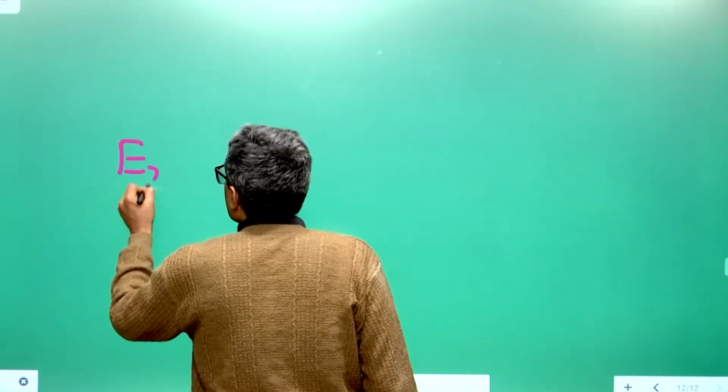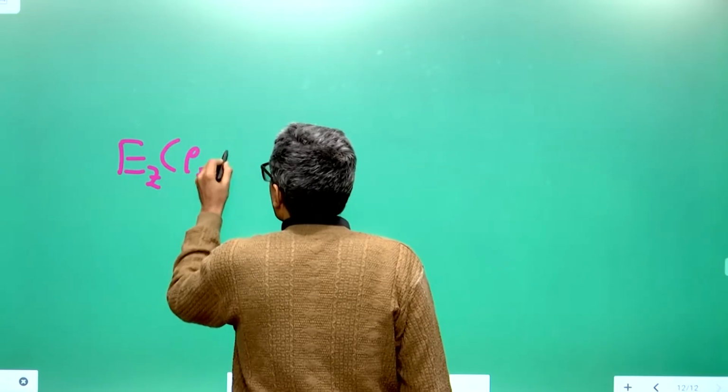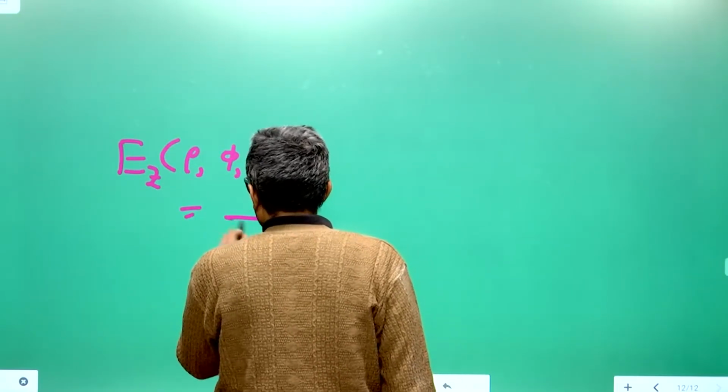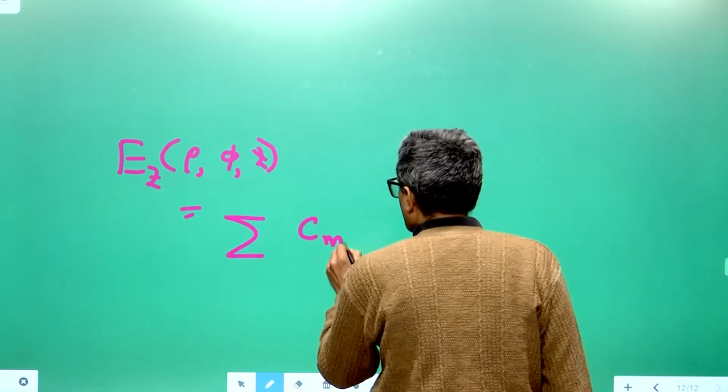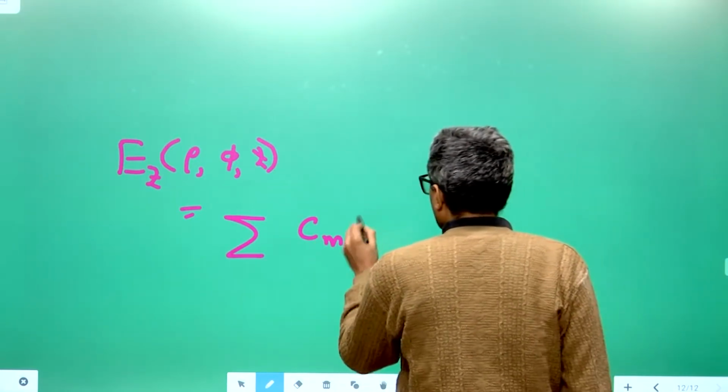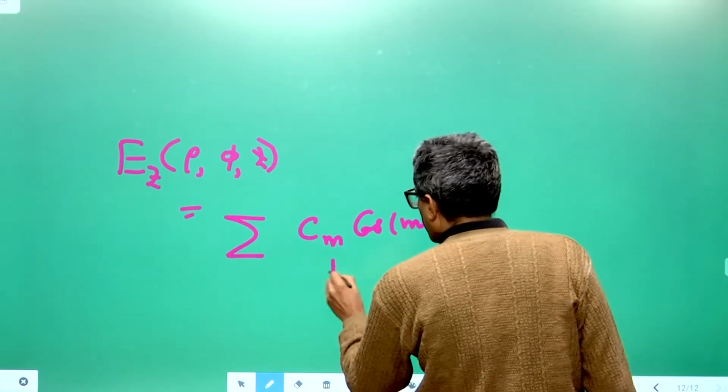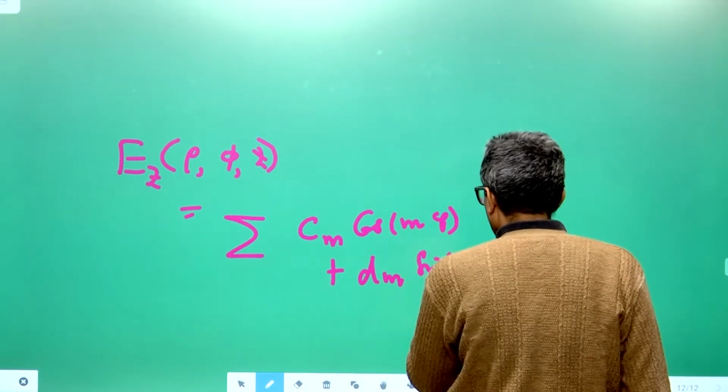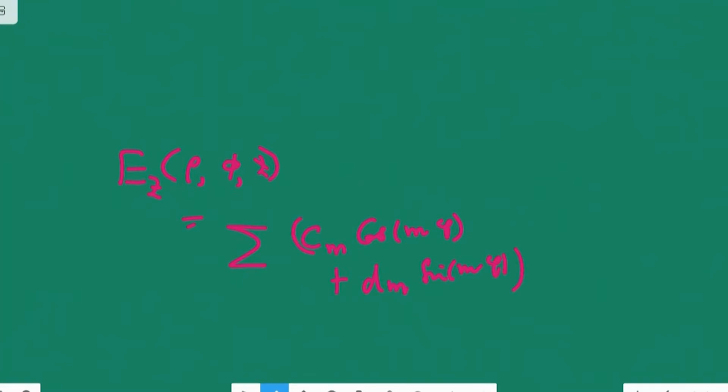So, what you get is that Ez of rho, phi, z at a given frequency can be written as a summation of Cm cos m phi plus Dm sin m phi, with Jm of alpha mn rho by R. Ez should vanish on the boundary, right. Here alpha mn are the roots of Jm(x) equal to 0, and you are going to sum this over all m and n, and you will also put a factor of e to the power minus gamma mn z,